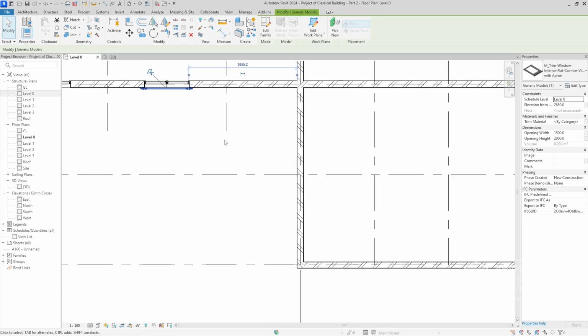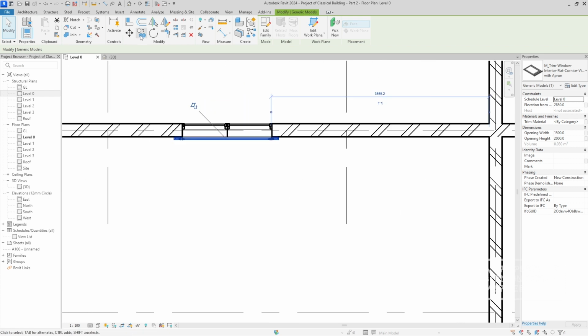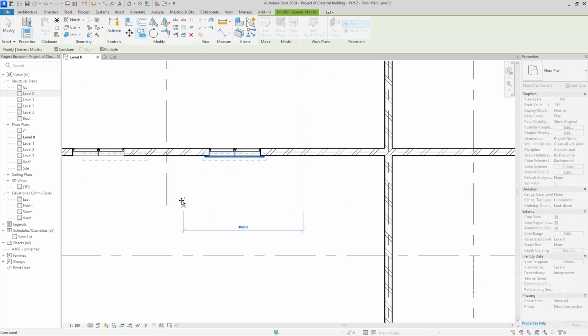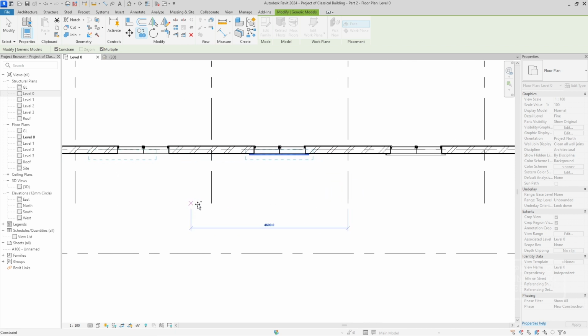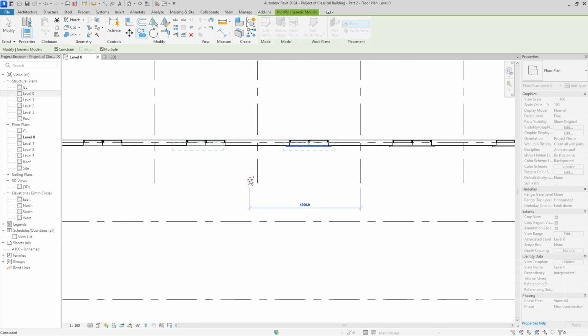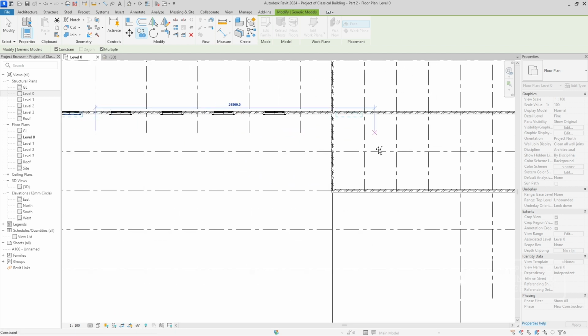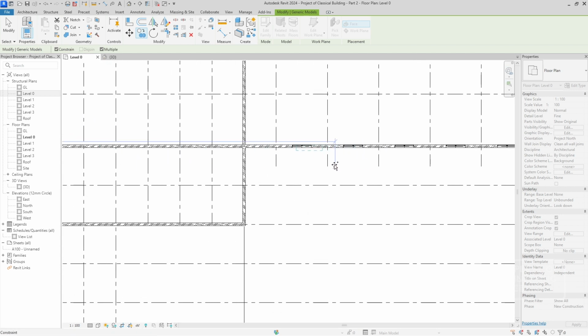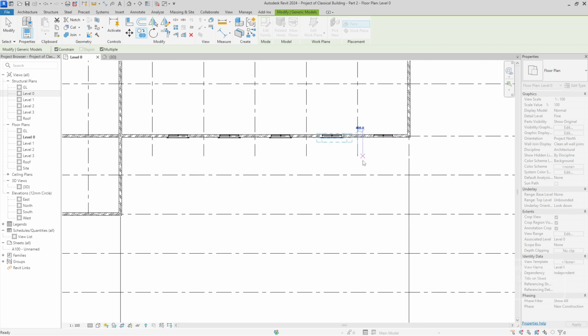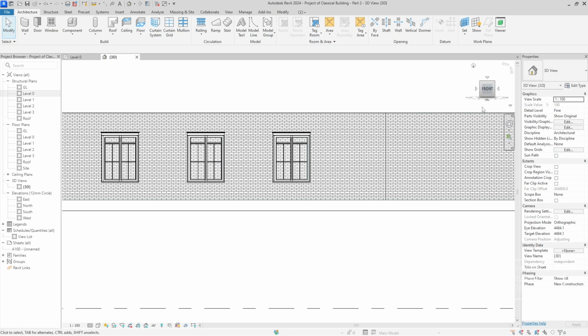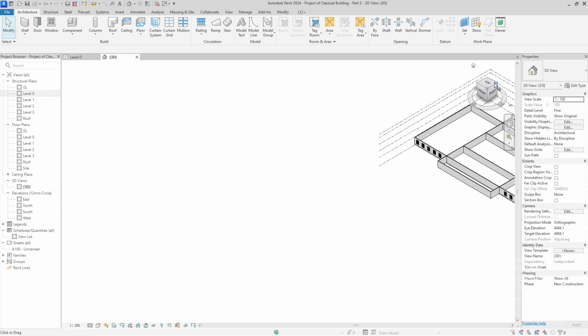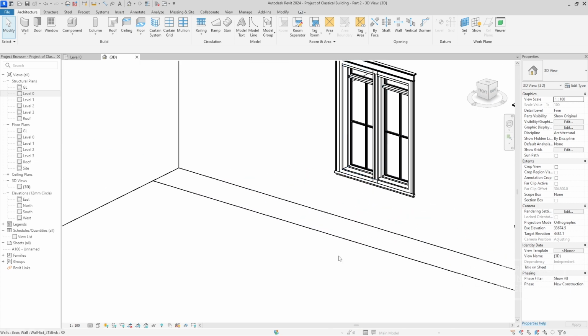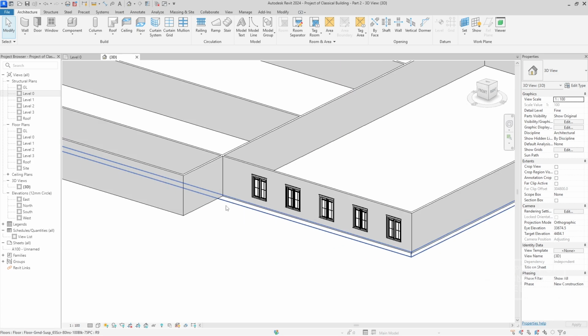So let me go back to here, press copy on it, put it on the second side, here, here, here, and then once again to here, here, here, here, and here. Alright, back to the 3D views. So looks so nice so far, right? We have to trim out the window, and